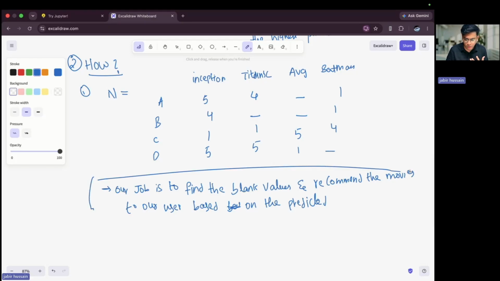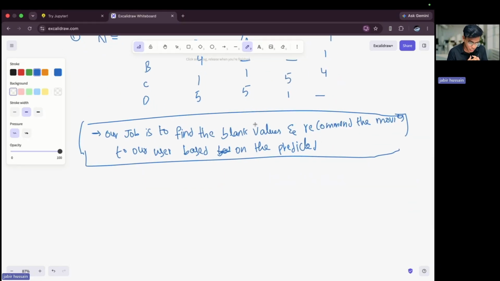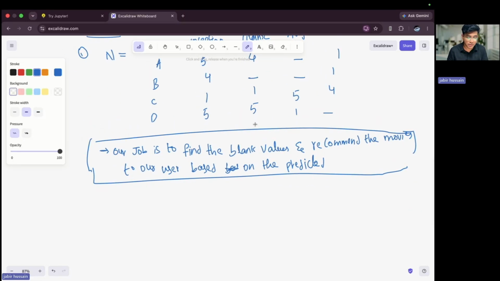I want you to remember this problem statement in this entire 1 hour lecture. Our main goal is to find these blank values. So what is the problem to